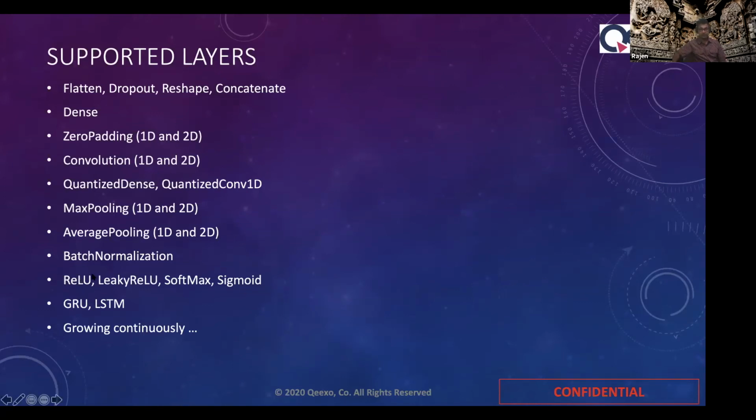Several kinds of activation functions: ReLU, leaky ReLU, softmax, sigmoid; quantization for dense layer, 1D, 2D, zero padding, convolutions. Most of the commonly used operators are supported in the framework.